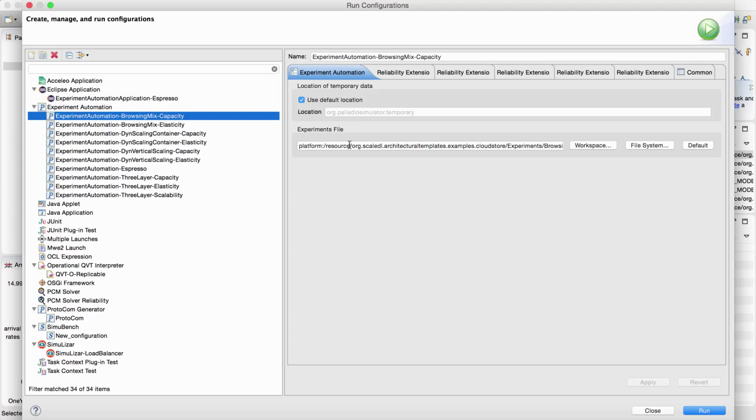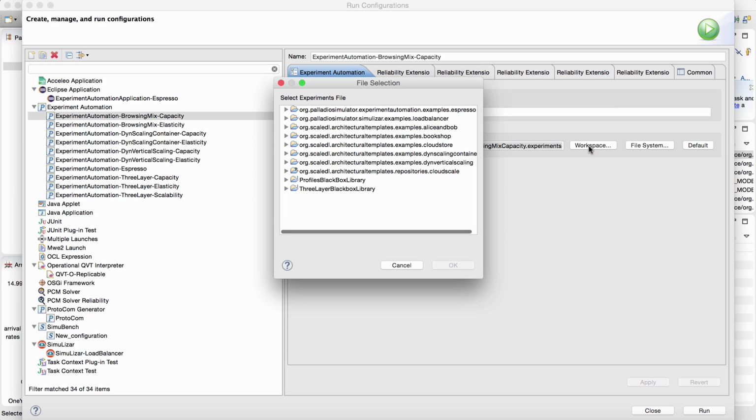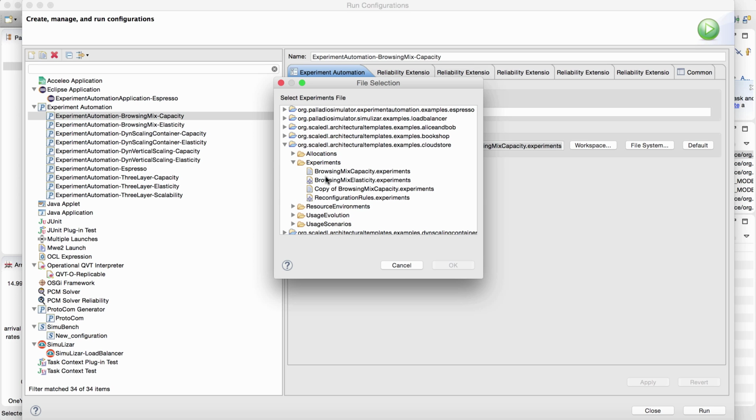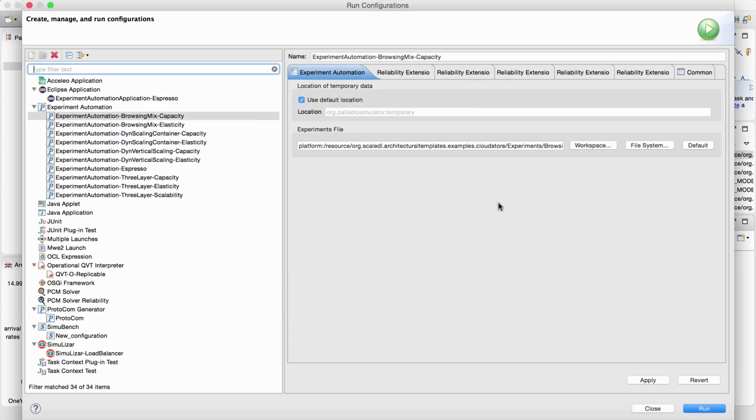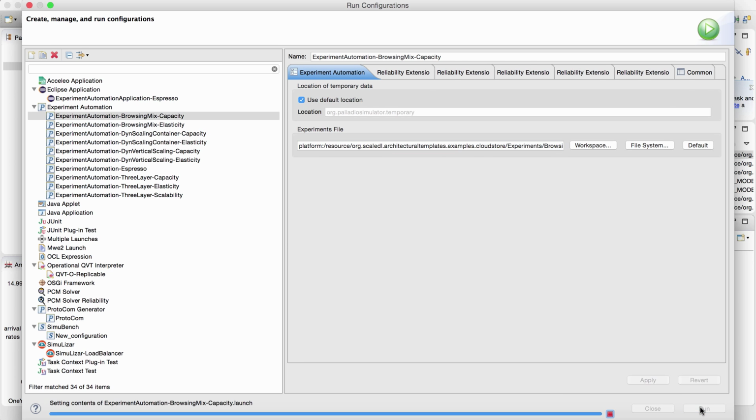The only real thing you have to do is you have to specify what is the experiments file you want to analyze. So you can just use the workspace button here and choose the experiment from this run configuration. So in our case, it would be in CloudScale store experiments, and then the copy of experiments, or I just leave it to the originals. So the original file, and I just say OK, so I did not change anything. I'm going just to run the capacity experiment for the browsing mix usage scenario. So if I now say run,